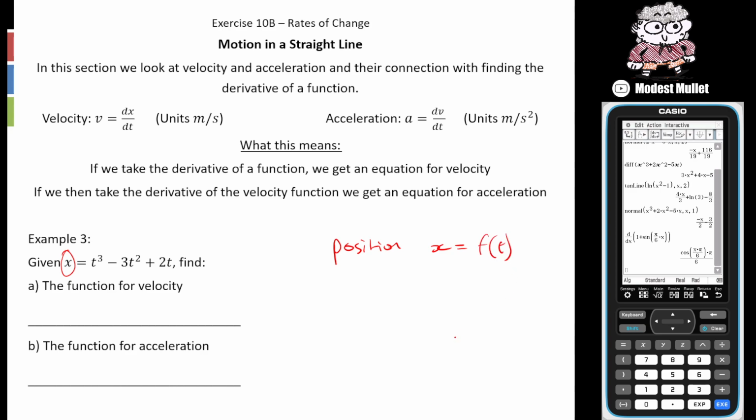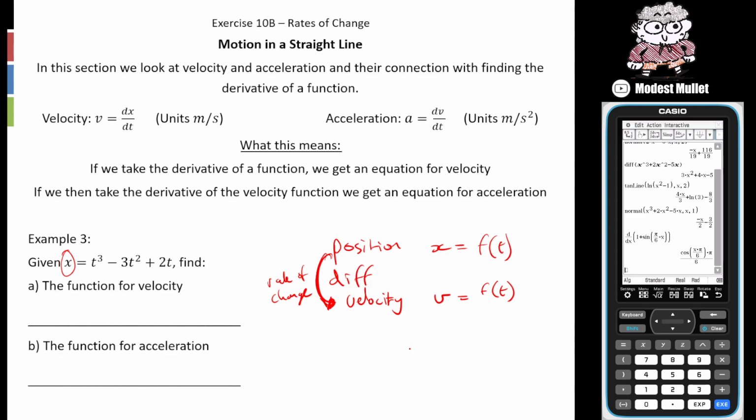Okay. If we differentiate that, what is the rate of change of position? Well, how quickly our position is moving, we call our velocity. Okay. And just to clarify, it's technically not speed, it is velocity. And we normally give that the symbol v, and that can be some function of time as well. Okay. But that is the rate of change of position. So if we differentiate the position equation,